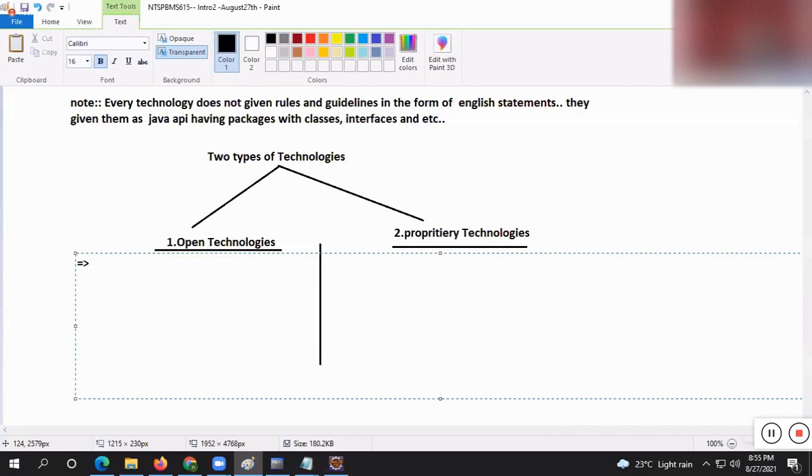That's the reason for one JDBC, 100 JDBC drivers are there. For one servlet JSP technology, we have a number of web servers. But when it comes to .NET, guys, all technologies are proprietary. Microsoft only gives the technology rules and guidelines, and Microsoft only will give